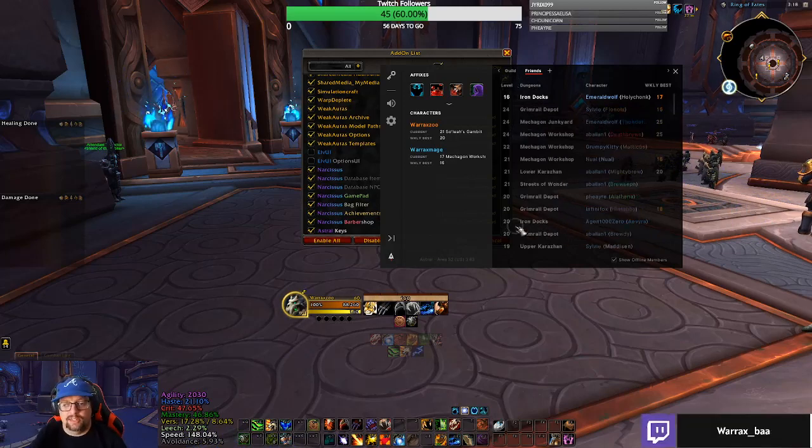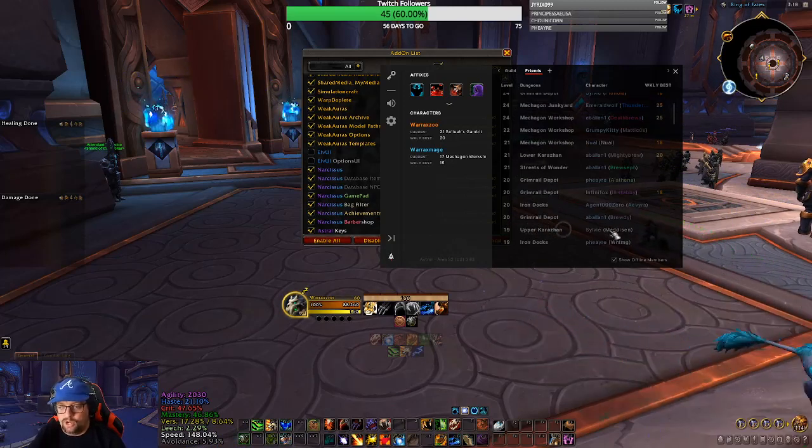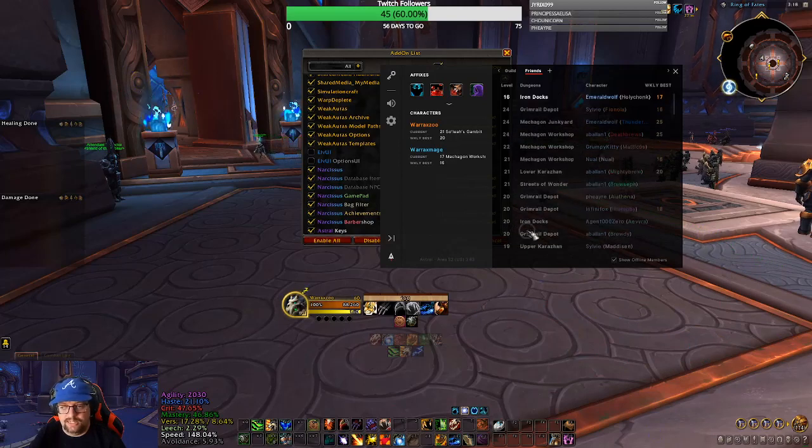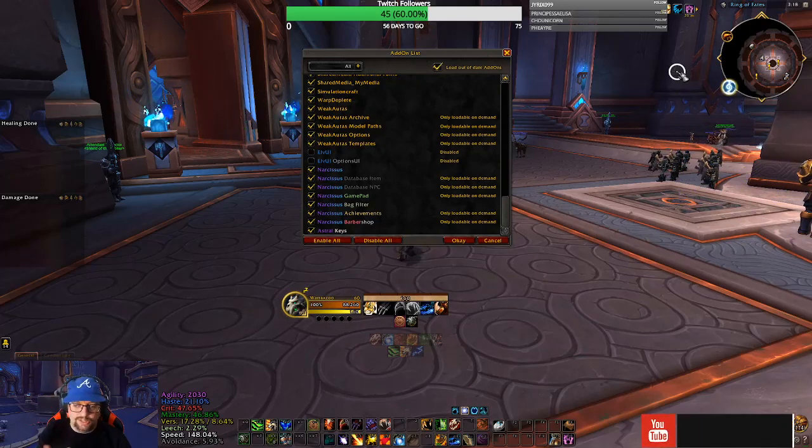So instead of asking around, like, hey, does anyone have Upper Karazhan, I can come into this and go, oh yeah, Madison has Upper Karazhan 19. Very, very good. Hey, I need a Junkyard. Well, I got a 24. Do I feel comfortable doing that? It just allows me to see on my friends list and the people that I play with a lot what keys we have. And it allows that if you go exclamation point keys,